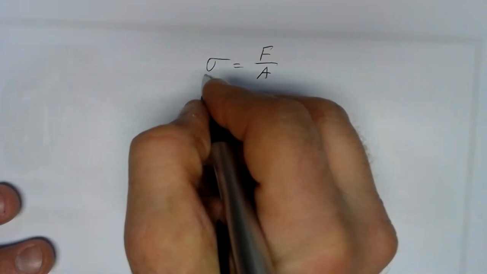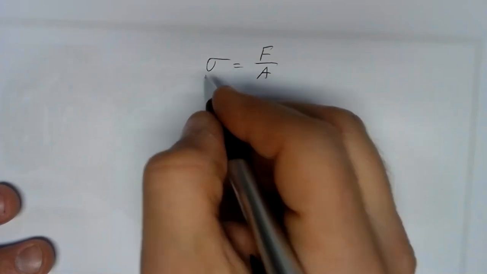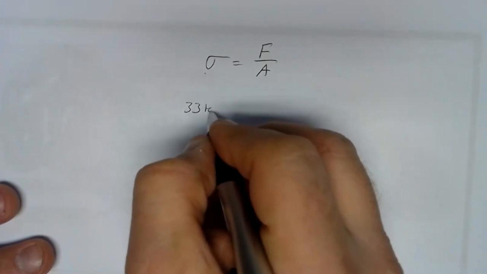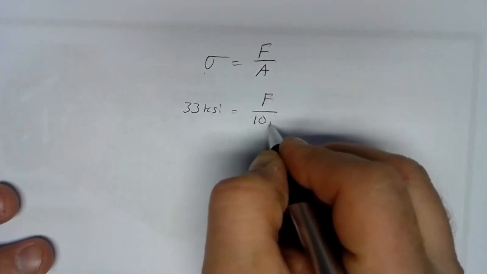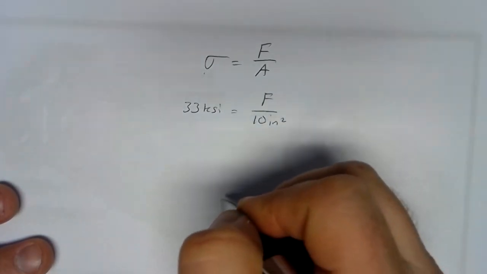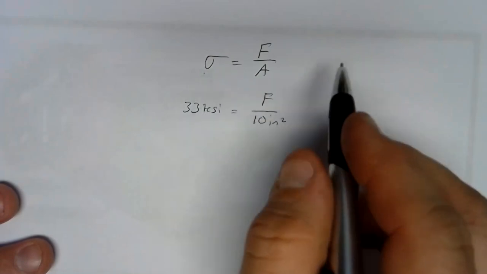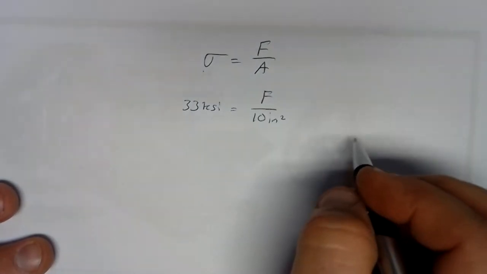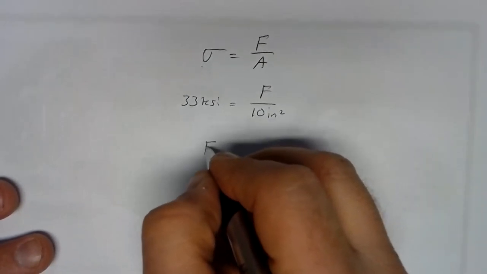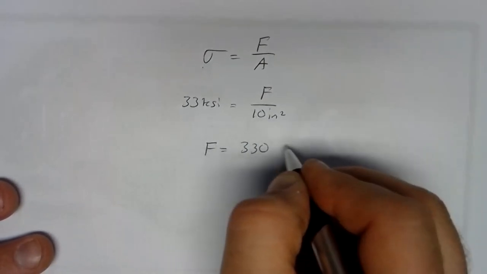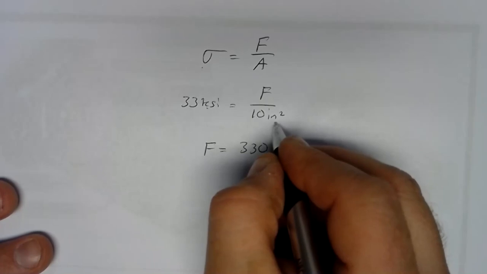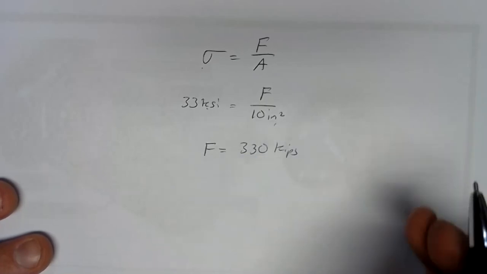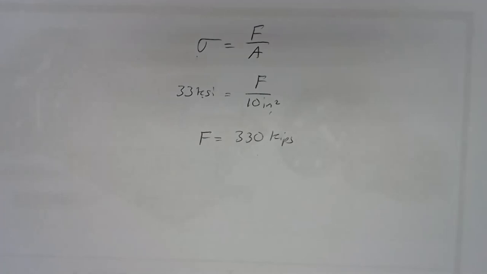We have an ultimate stress. That ultimate stress is 33 KSI. We want to find out what force we need to apply to 10 square inches of cross-sectional area to get 33 KSI. Well, we can solve that pretty easily by cross multiplying, and our force would be 330 kips. A kip per square inch times square inches, that's kips. So 330 kips, 330,000 pounds is what we can put on 10 square inches of